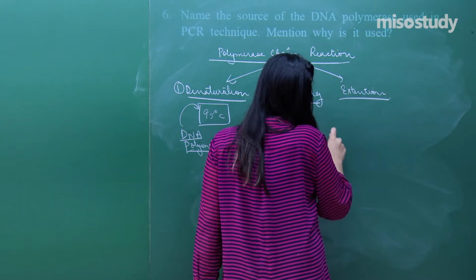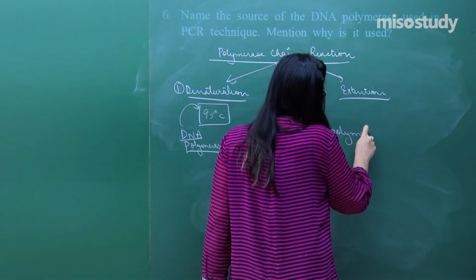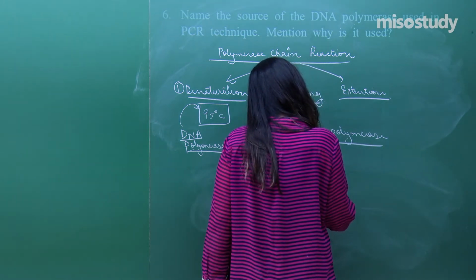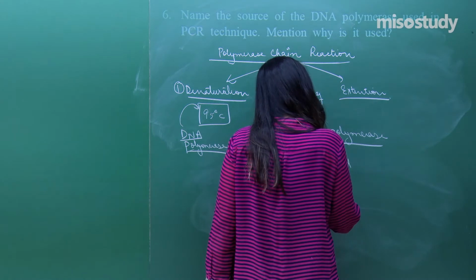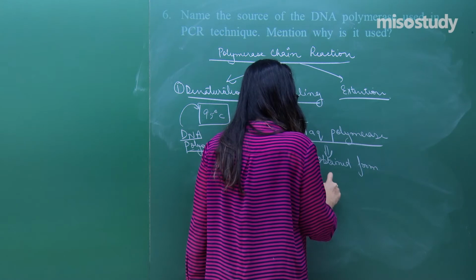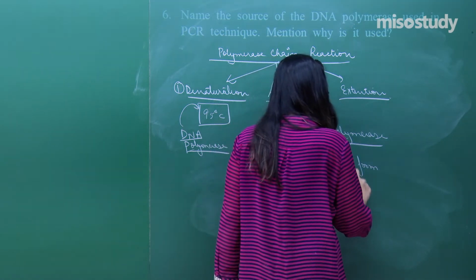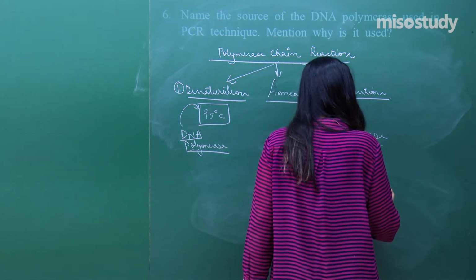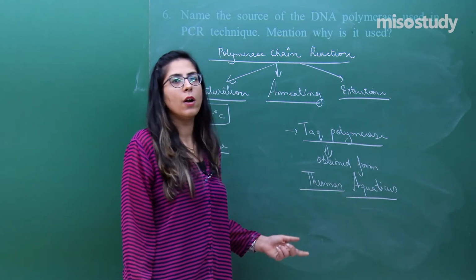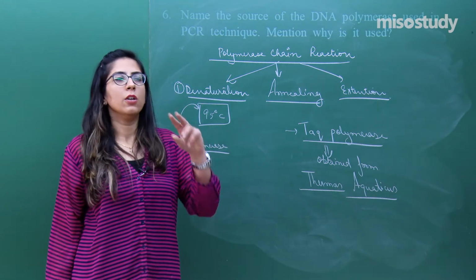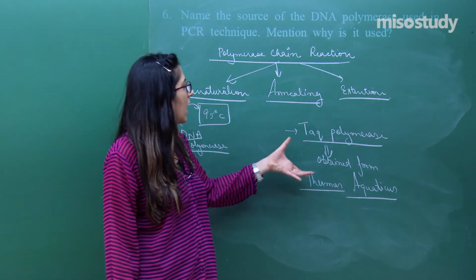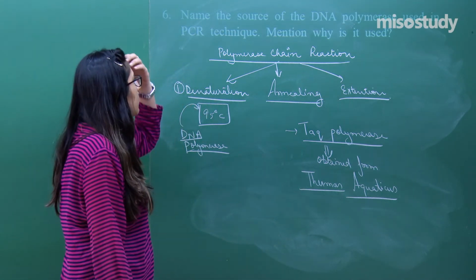Taq polymerase, and that Taq polymerase is obtained from Thermus aquaticus, which lives in hot springs. That's why they have a tendency to even sustain at a very high temperature. So this is the correct answer, that Taq polymerase is used, which is obtained from Thermus aquaticus,